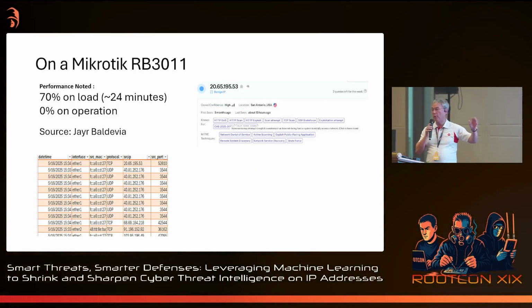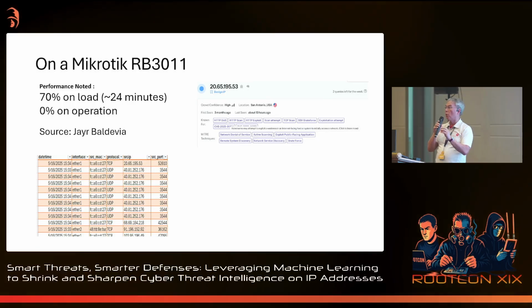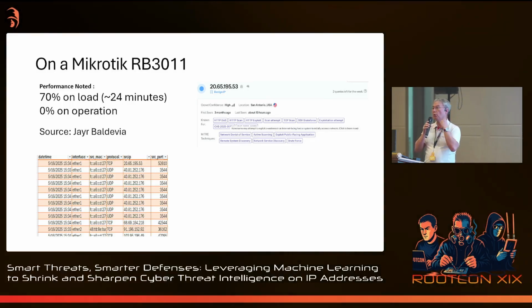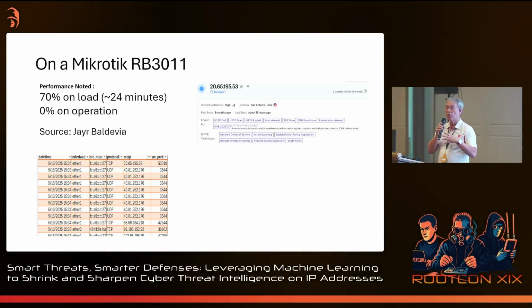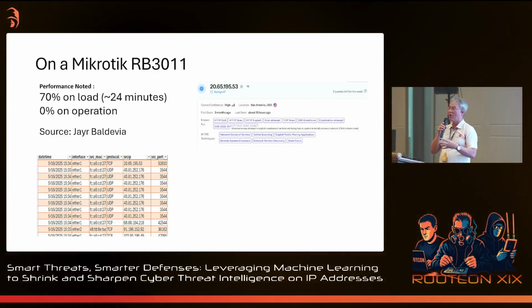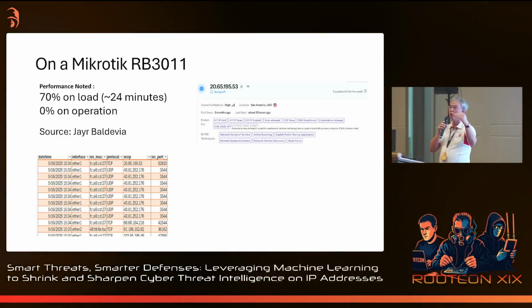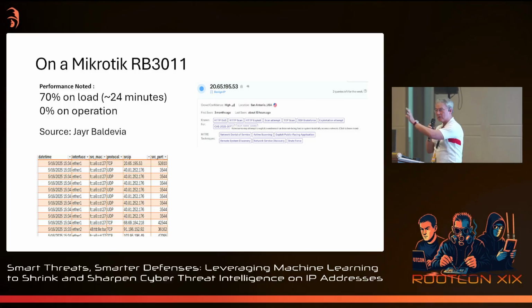Now, this is what we noticed. There was a spike on the CPU at the instance that we were loading the scripts. Because in MikroTik, you do not just load or ingest the CSV. You have to load a series of commands like insert this IP into this table.